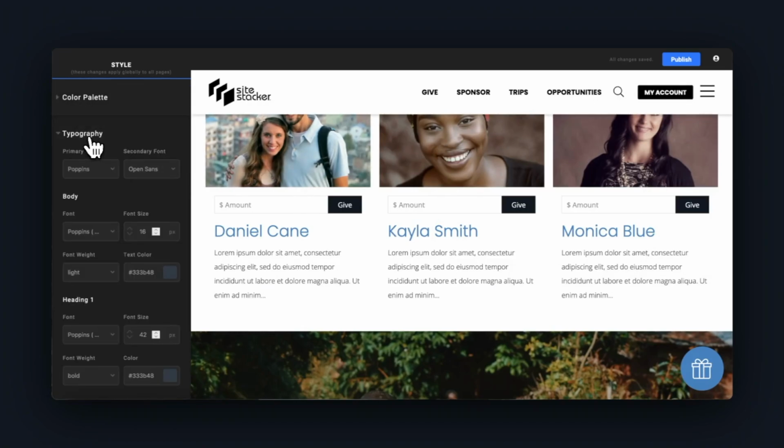Next is typography. You're going to have 2 different font choices that you'll be able to select from, the primary font and the secondary font. Typically, your header will usually be different from your body, so that's why we have these 2 different fonts to choose from. This tool is compatible with Google Fonts, so you'll be able to drop that down and search for any Google fonts,